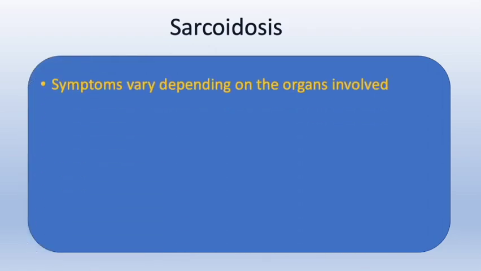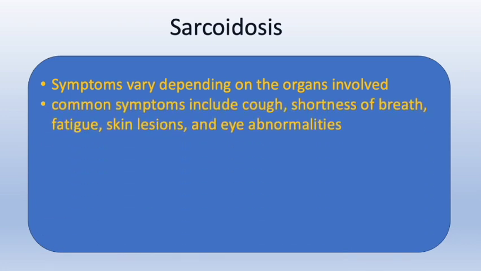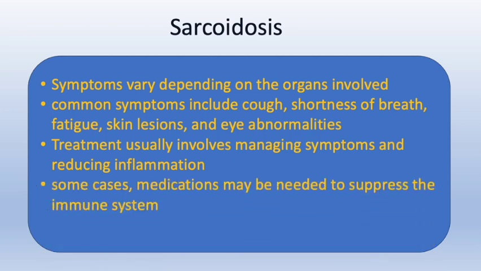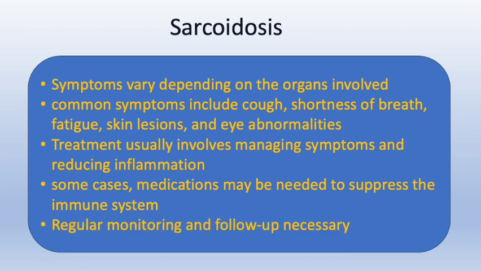We also know that the symptoms of sarcoidosis vary based on which organ is involved, and based on the organ system, you can help diagnose this disease with better precision. The treatment involves symptom management and immunomodulation. Also, we may need to suppress the immune system, and monitoring and follow-up is as important as diagnosis because this disease can relapse and progress.